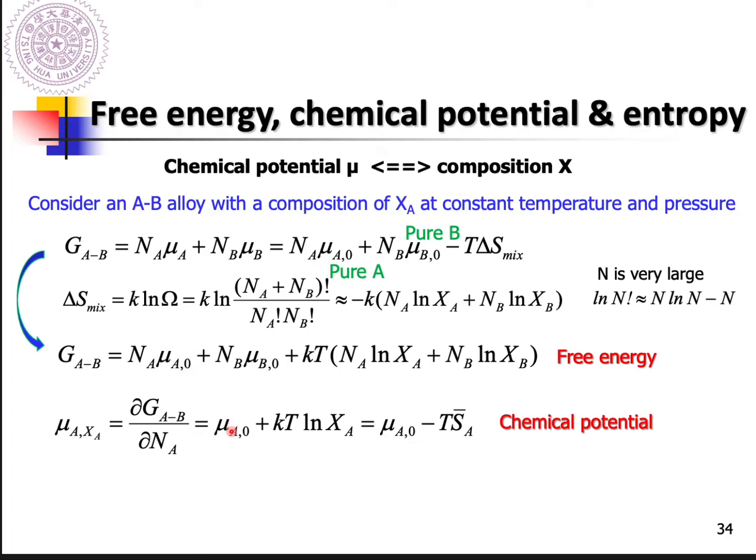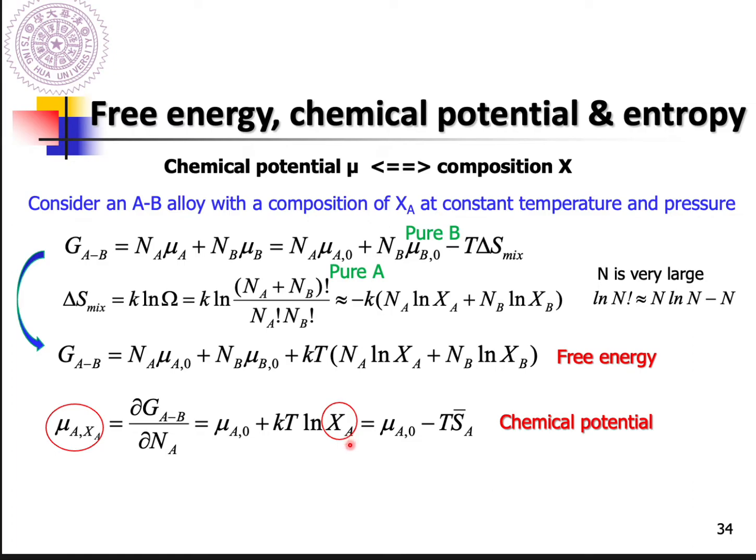This one is mu A0. This has no mu A, so just drop this term and keep this term. So you get kT, partial Na, so kT log Xa. So now we successfully get a relationship between the chemical potential of A at Xa and its composition Xa,